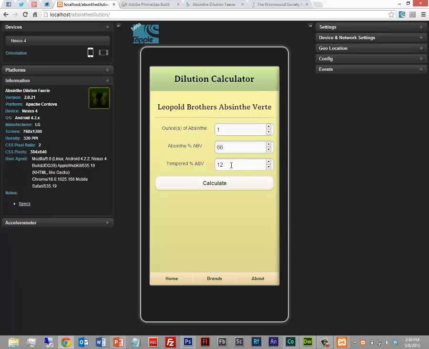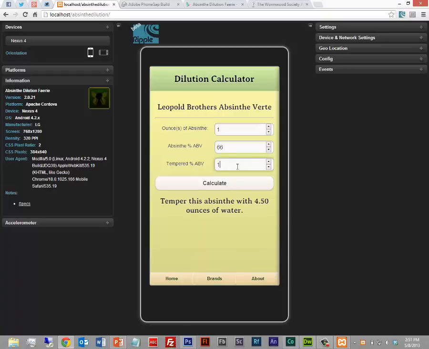I want to temper it to be 12% ABV because that's the sweet spot for this particular absinthe, let's say. And I'm using 1 ounce of absinthe. That's my dose. Once I hit calculate, it tells me, okay, temper this absinthe with 4.5 ounces of water. I can then measure my water, put it into my fountain, my dripper, or pour it through my carafe, whatever I need to do to apply the correct amount of water to my dose of absinthe.